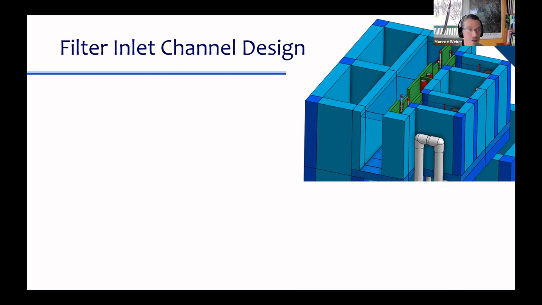The last filter gets the highest flow rate. And so we have to make the channel big so that the velocity in the channel is low. And we have to have a fair amount of head loss over these two weirs so that the change in water depth in the channel doesn't matter. Wow, with that, now that you've been shocked in realizing that the shortest path is not necessarily the way the water will choose to go,